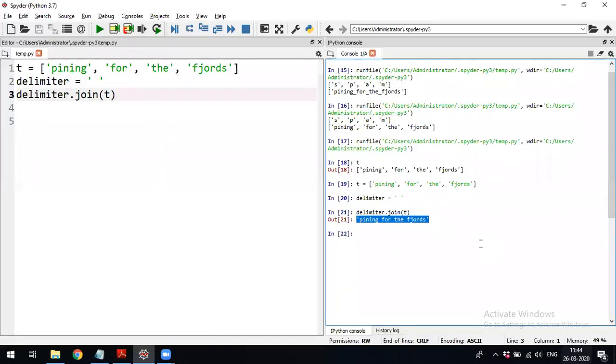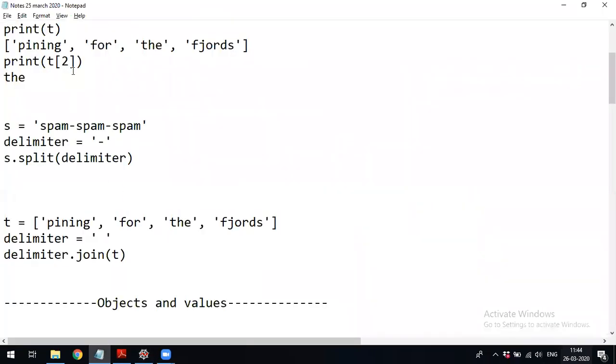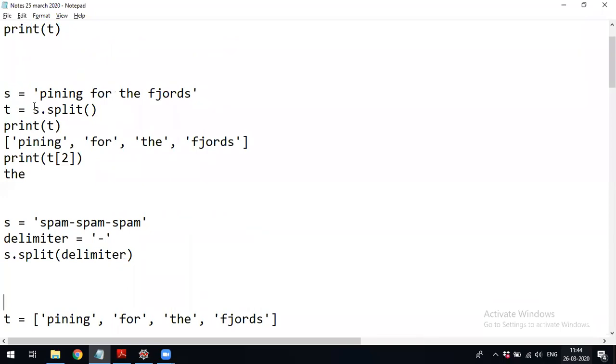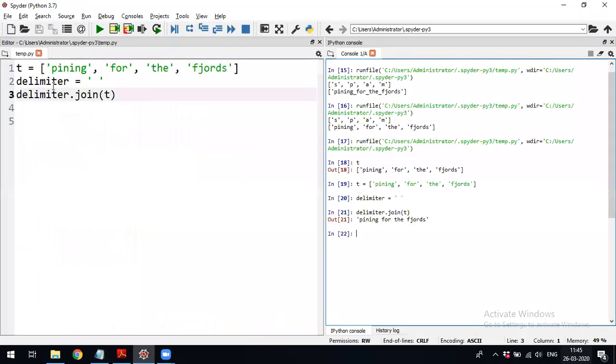These two, most of the times we'll use split and join. But what is the difference here is whenever you use the split, you split with the string variable, string dot split, in the brackets the delimiter. But whenever you use the join, it is delimiter dot join of list.